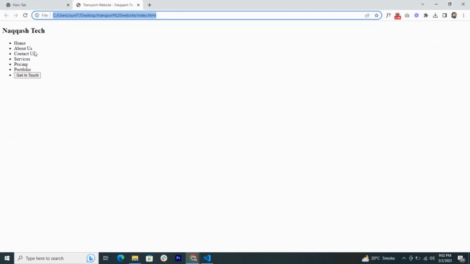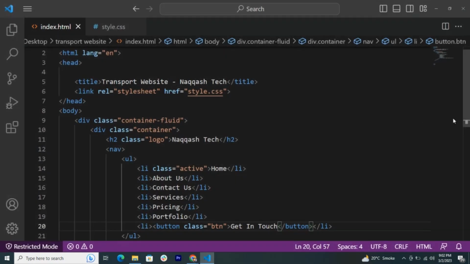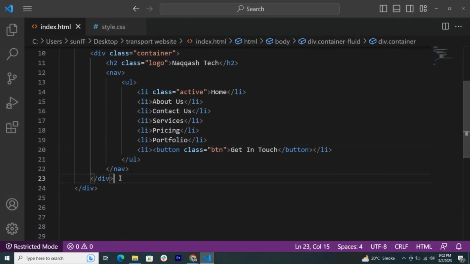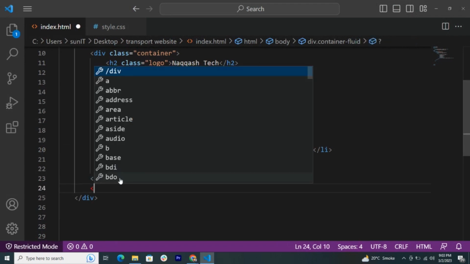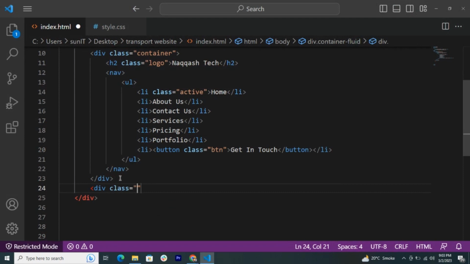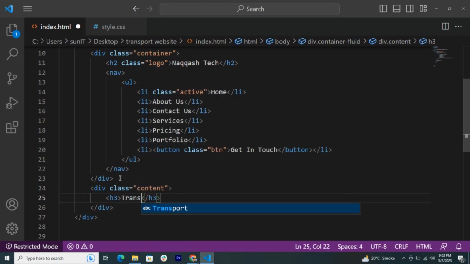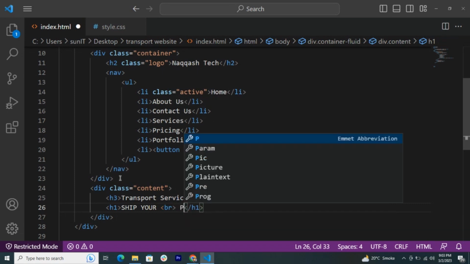Here you can see our text is here. Now back to Visual Studio Code, and after this div we create one more div with the class name content. After this we type h3, here we type transport services. After this we type h1, here we type ship your br for space, br, here we type products,